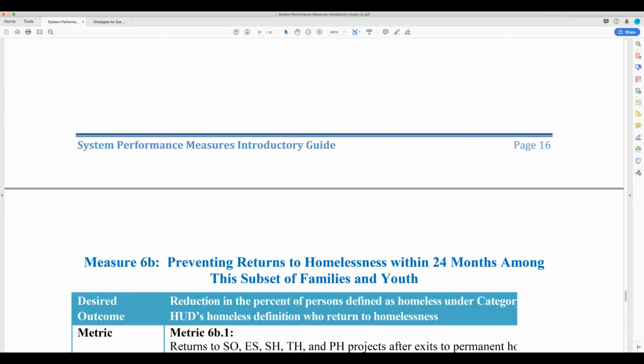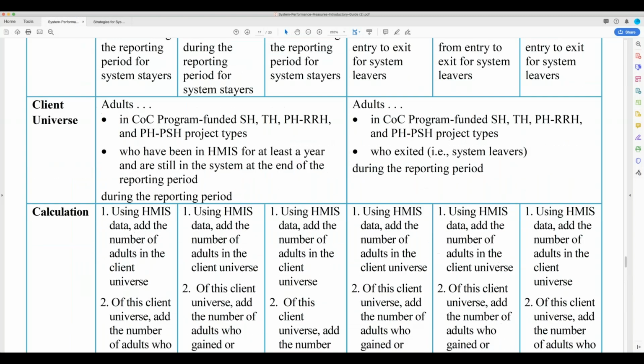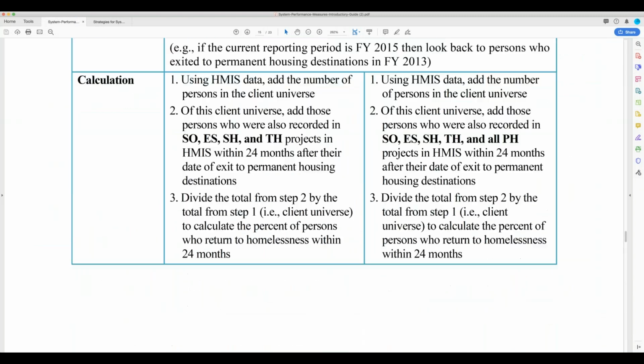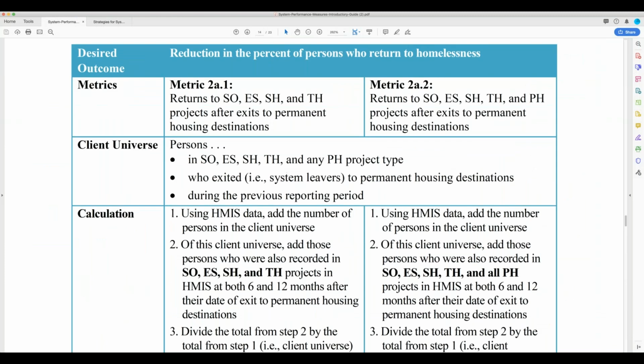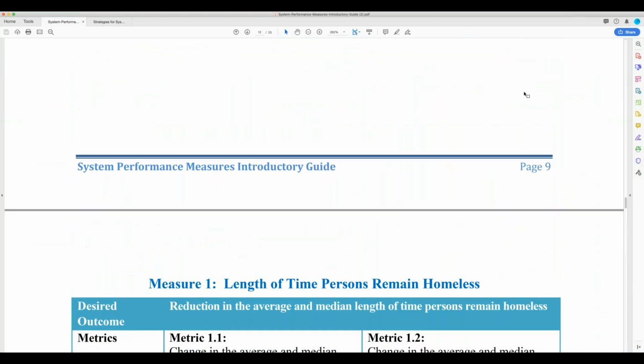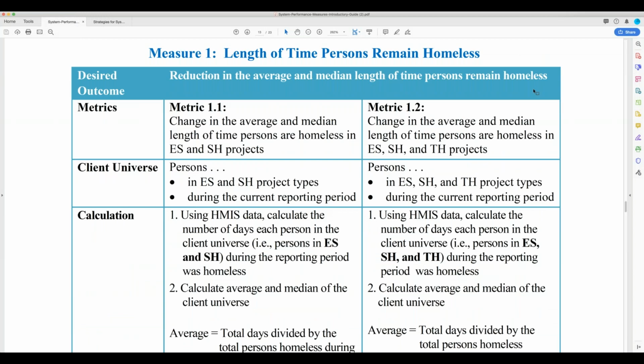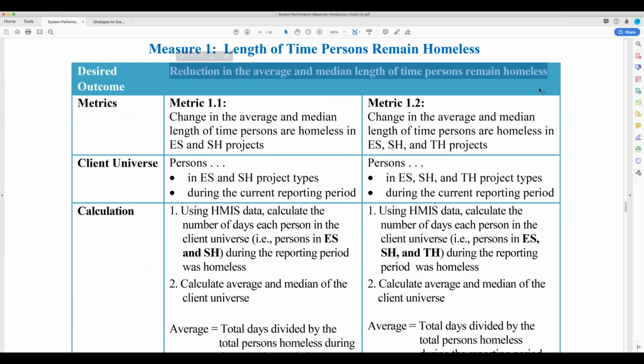Feel free to participate or not participate. But I just want to look at a couple of the measures and brainstorm with you and hear from you what you think about how knowing what these programs are that are impacting our system performance, and what we have at our disposal in terms of variables to control, how we would use this information to plan to reduce the length of time people spend homeless, for this particular segment. So go for it. In the question bar, throw me an answer.